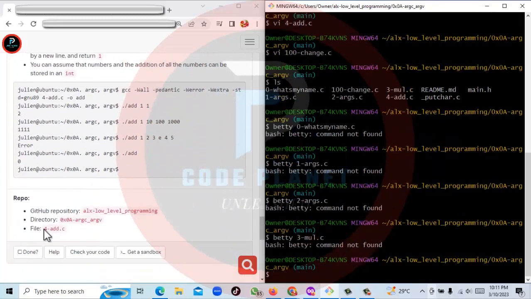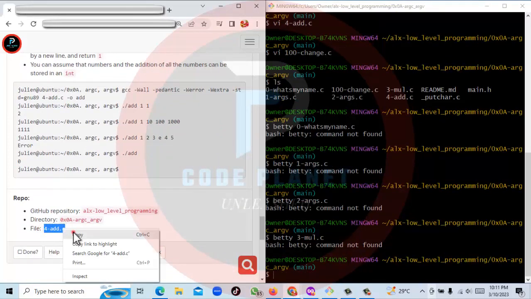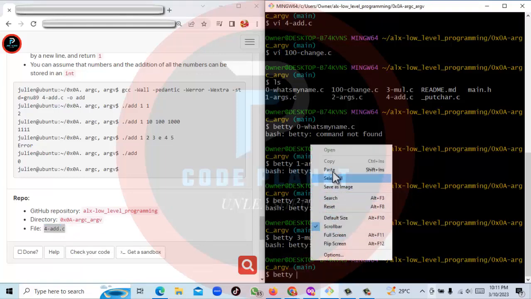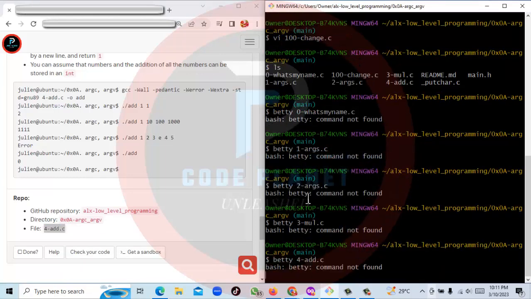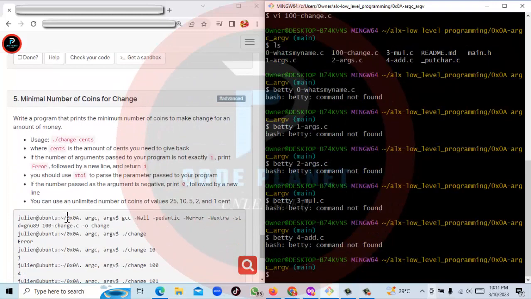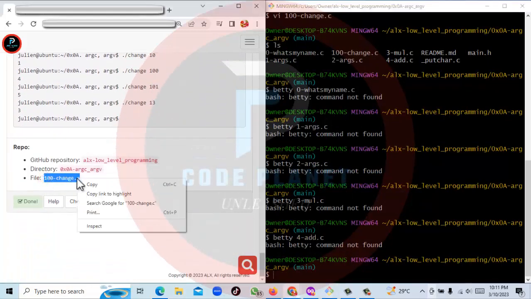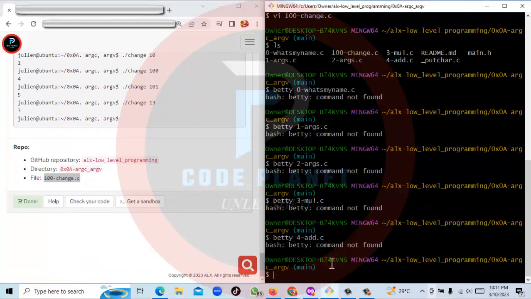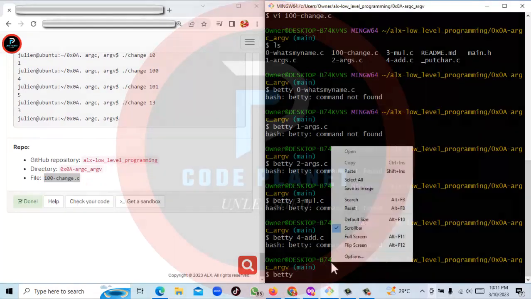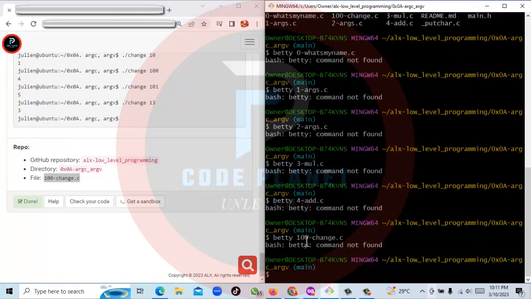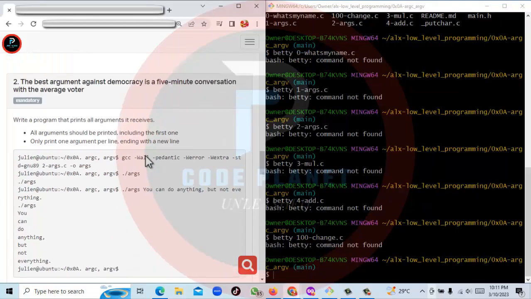We'll go to the next one, which is this. Copy this, do our Betty space, and then we paste this, hit enter. So we come to the next one, which is the last one. Here we copy this, come here, do our Betty space, and then we paste and hit enter. Now we have successfully run Betty on all of them. The next thing to do is for us to run the last